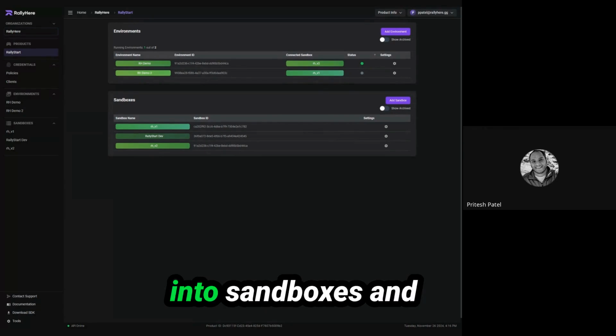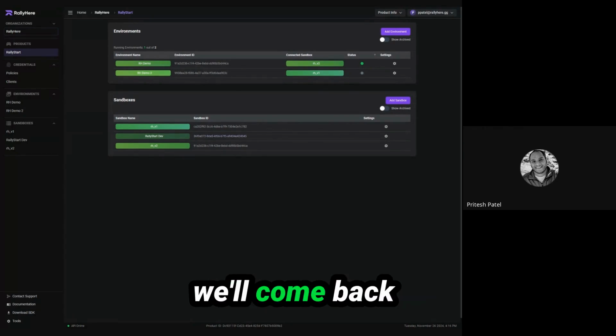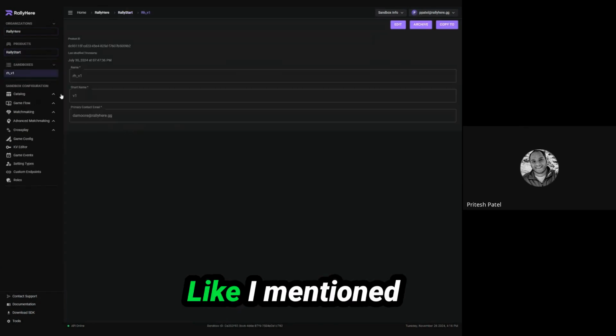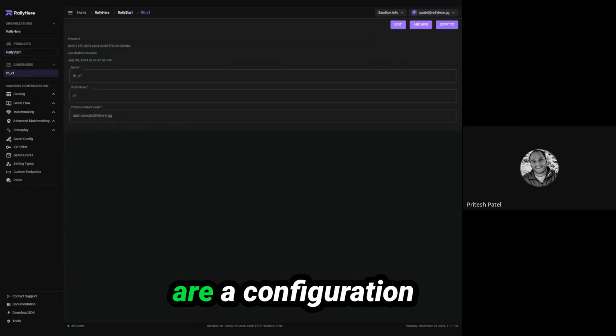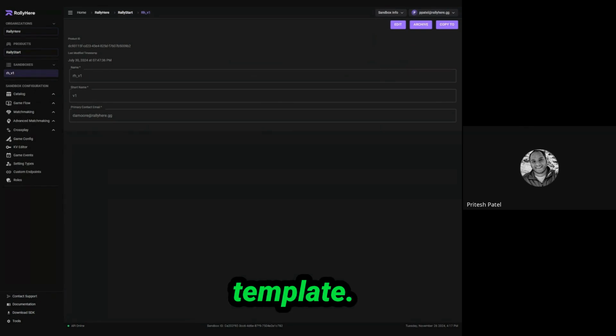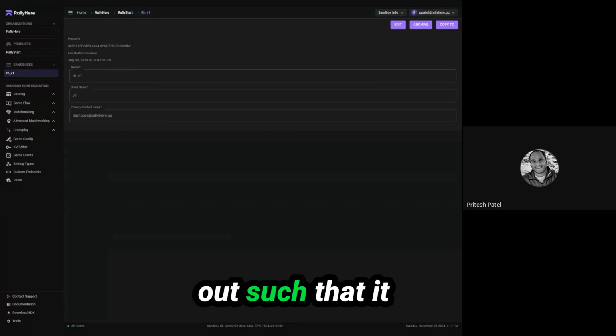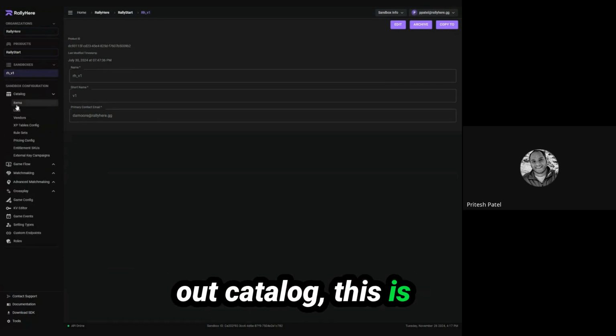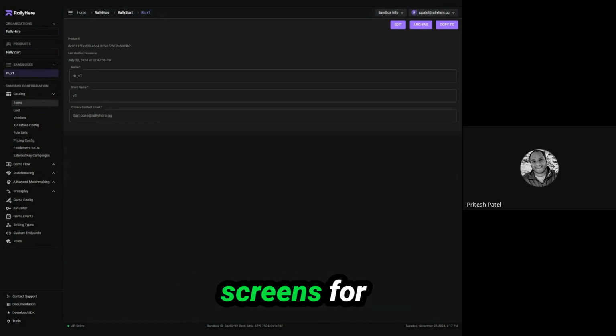All right, so let's dive into sandboxes, and we'll come back to environments in just a bit. Like I mentioned earlier, sandboxes are a configuration template. And this is where you would go to manage your configuration for catalog, game flow, matchmaking. We have this laid out such that it translates very well to what we reference within the integration plugin itself. So when you expand out catalog, this is where you'll find the configuration screens for